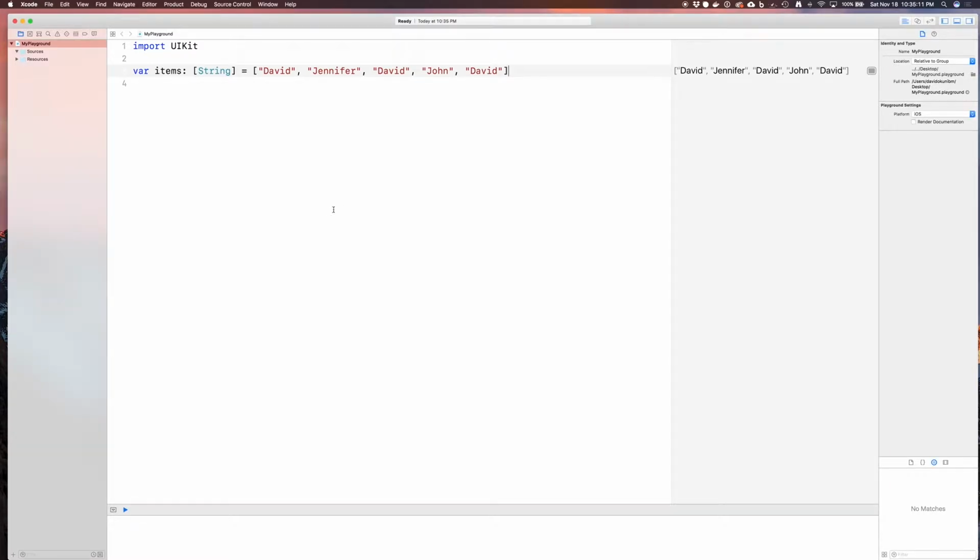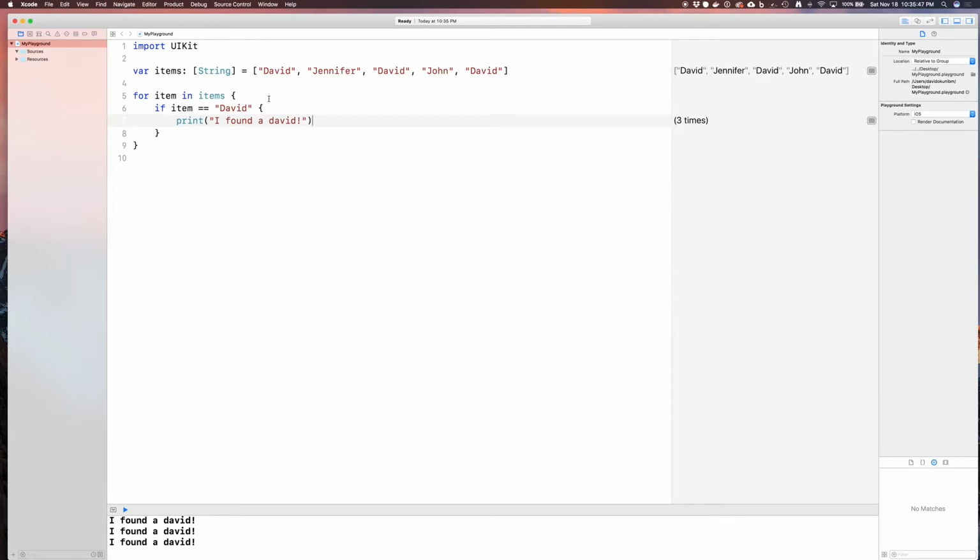do something with them. For this, one approach for this would be to type for item in items, and you could say if item is equal to David, then you would do something like print I found a David. Obviously, you could append this to another array that you have, or you could do whatever you want with it, but you'll see that it works perfectly. It's very, very straightforward, and it shows you in very clean code that if you've got an array and you can find one of the items in the array that has David in it, then you can say, I found